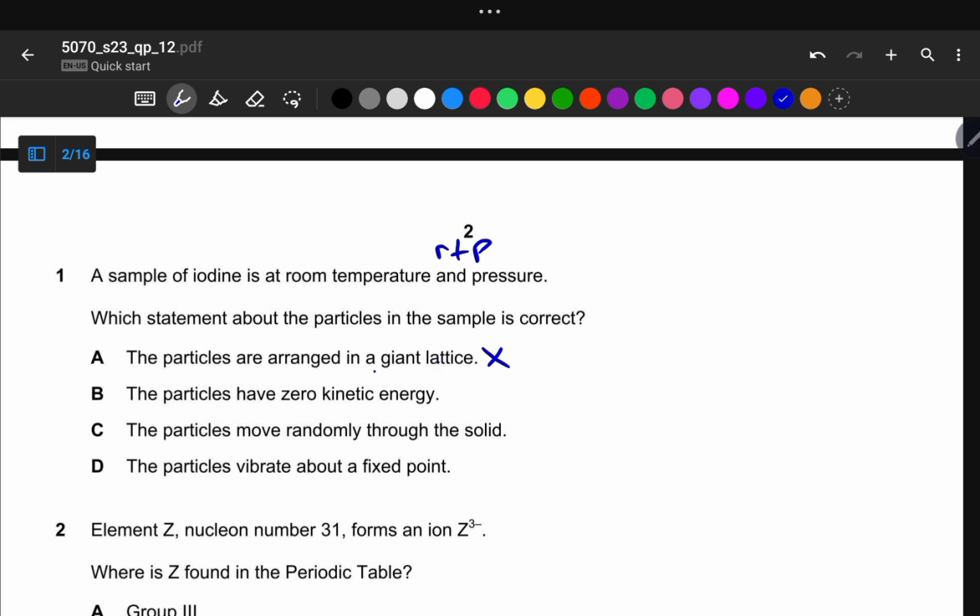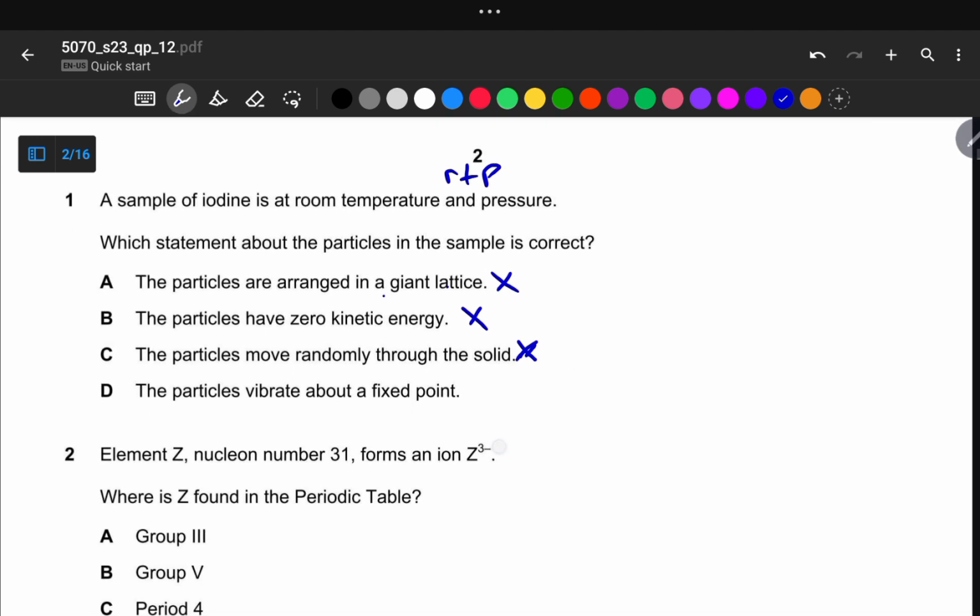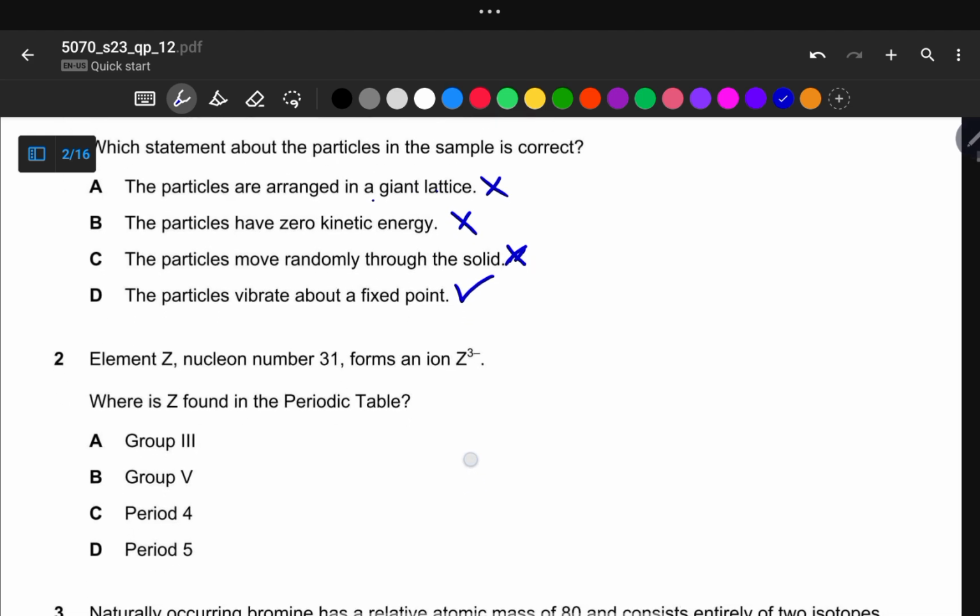So the particles are in motion, but with a little amount of kinetic energy, right? So they vibrate on fixed positions, right? So this becomes false, right? And then the particles move randomly through the solid. So this is also false. The particles vibrate on a fixed position, right? And then option D says the particles vibrate about a fixed point. So this becomes true. And then number 2 says element Z has got the nucleon number 31, and then